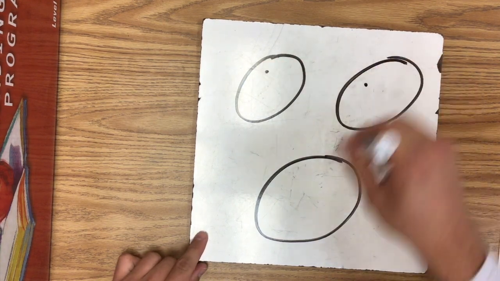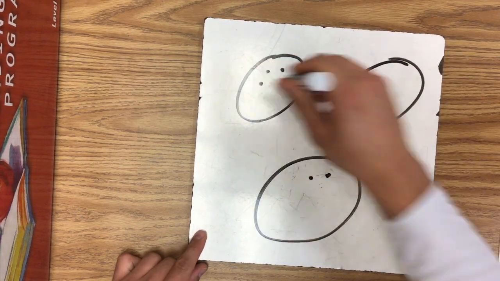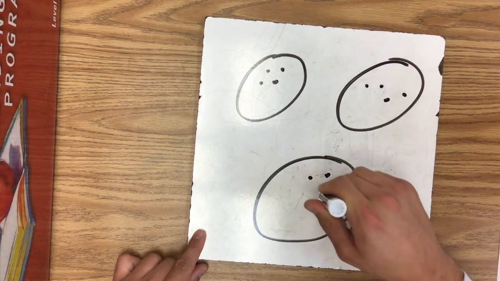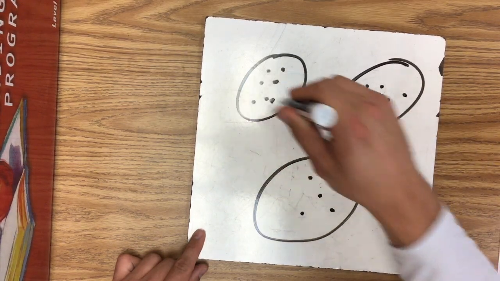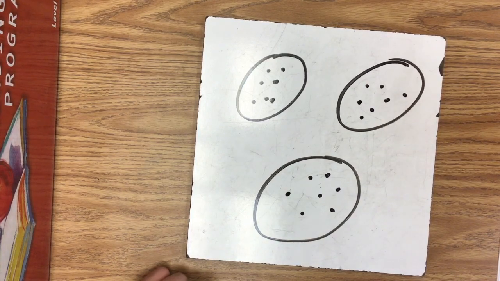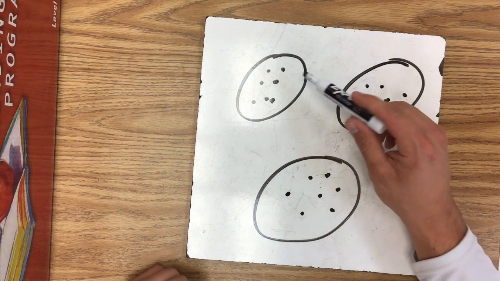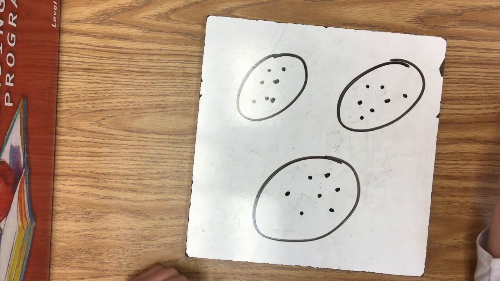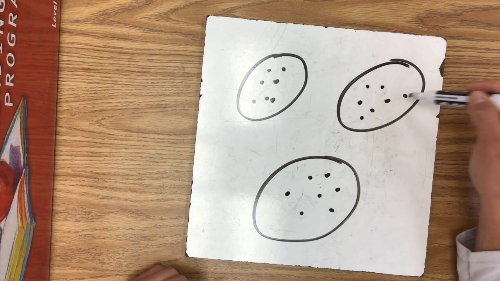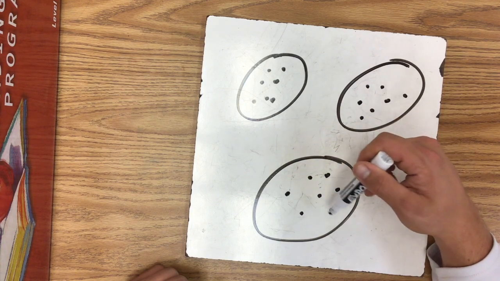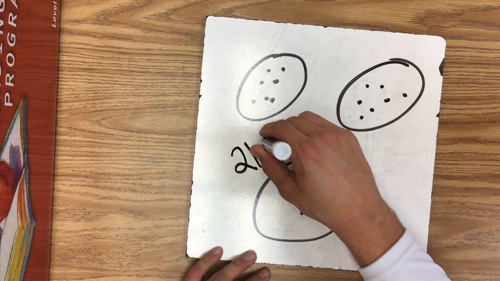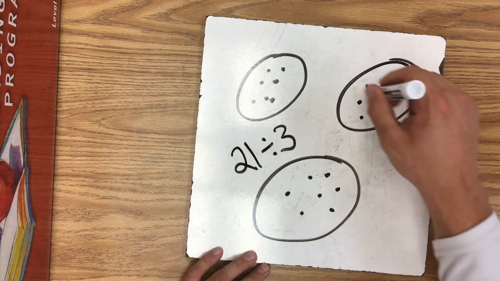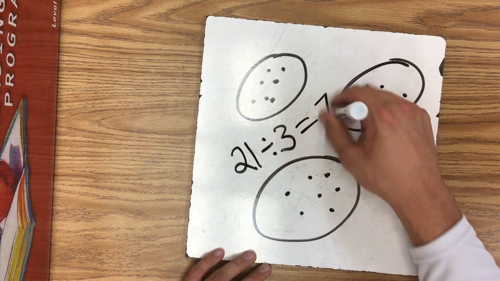So, 1, 2, 3, 4, 5, 6, 7, 8, 9, 10, 11, 12, 13, 14, 15, 16, 17, 18, 19, 20, 21. If I look in all 3 of these, I'll see that I have 7 in each. That tells me that 21, when you divide it by 3 and you put it into 3 groups, it's going to equal 7. So we come back over here,